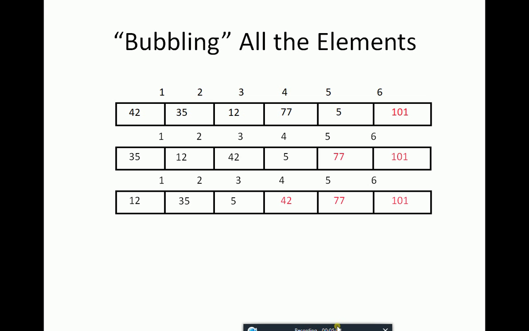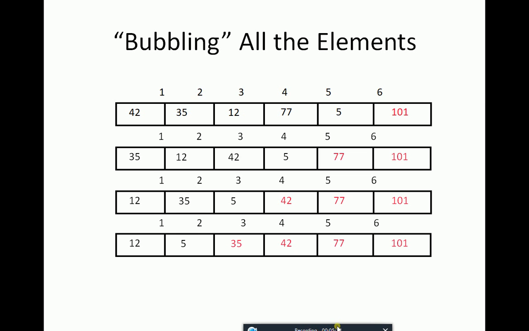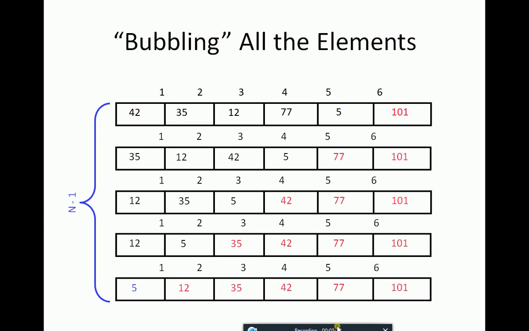In pass 3, 42 will be placed at position number 4. In pass 4, 35 will be placed at position number 3. And in pass 5, 12 will be placed at position number 2. The smallest element will automatically be placed at position number 1.